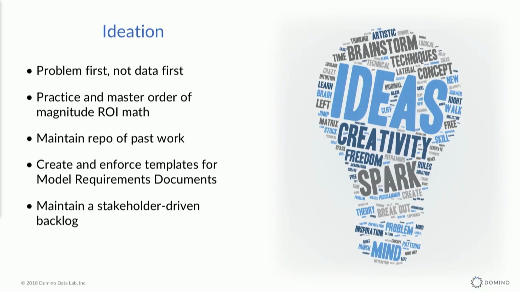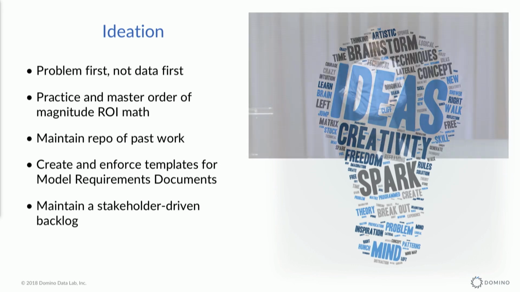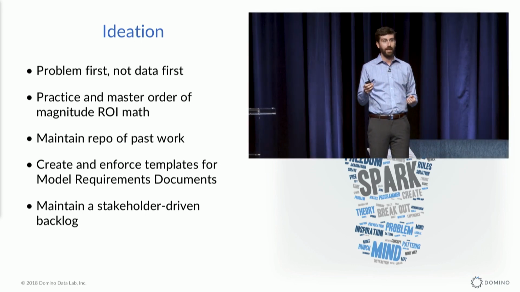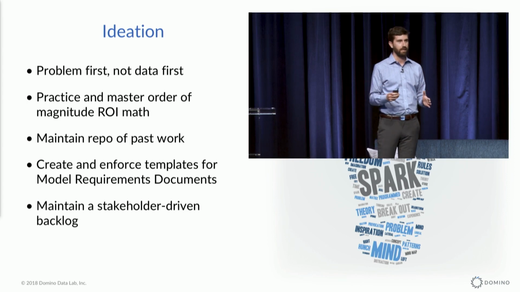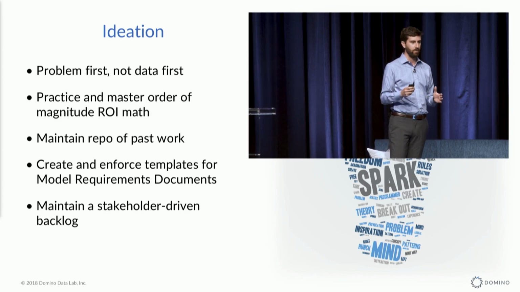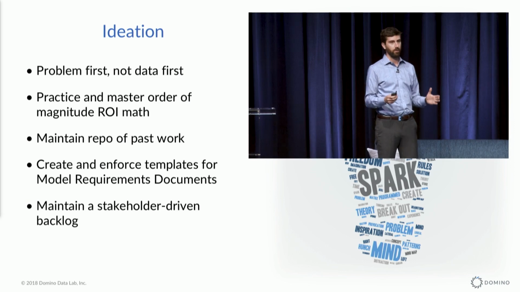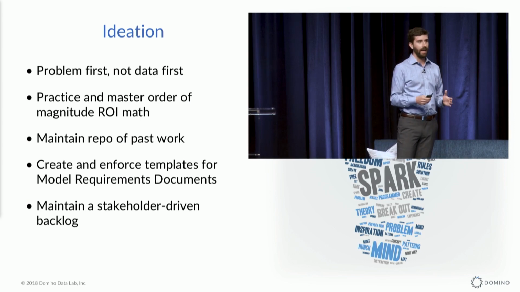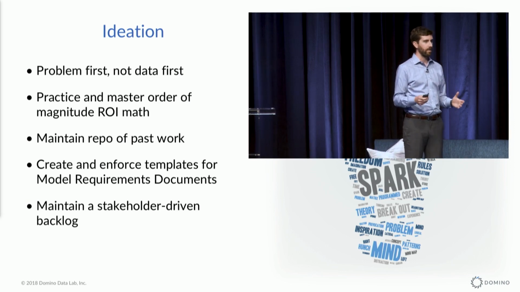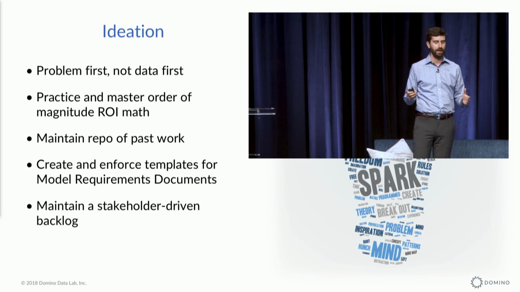So the first is ideation. Data science teams often do this implicitly. One large manufacturing company that we spoke to had hired 30 PhDs. I asked them what their mandate was, and they said, we're looking at the data. We're looking for something interesting. And I was like, oh my gosh, you've got it backwards. In many ways, most leading data science teams recognize that it really is about the problem first. What are you tackling? And also, how big of a problem is this? All of this work is happening before you write a line of code.